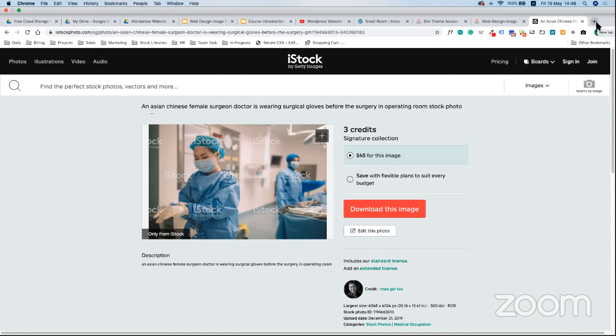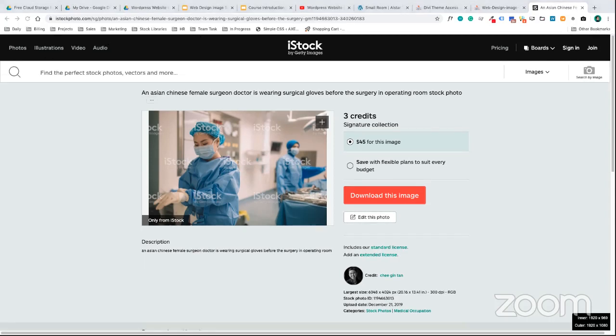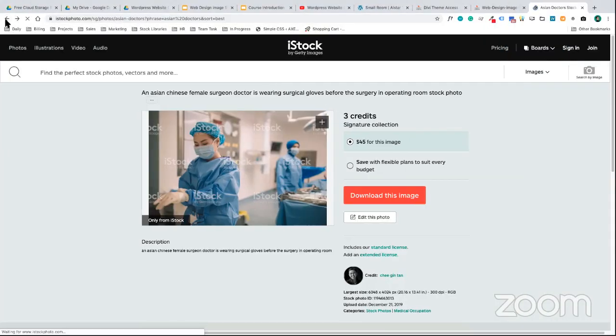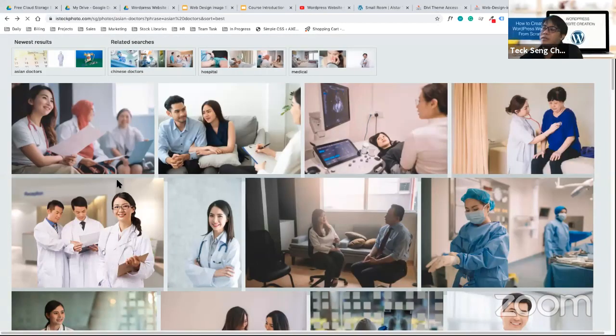And then you see we are in ASEAN. Sometimes the stock photo is from the American side, US side, which is not relevant for our website. If we want to use stock photo, the photos are not the ASEAN type photograph. It's the Angmo type. So it's very difficult to put on our website to tell people, look, this is what we're offering as a service, and the photo behind is actually not Asian. That's why I say iStock has more Asian photos.